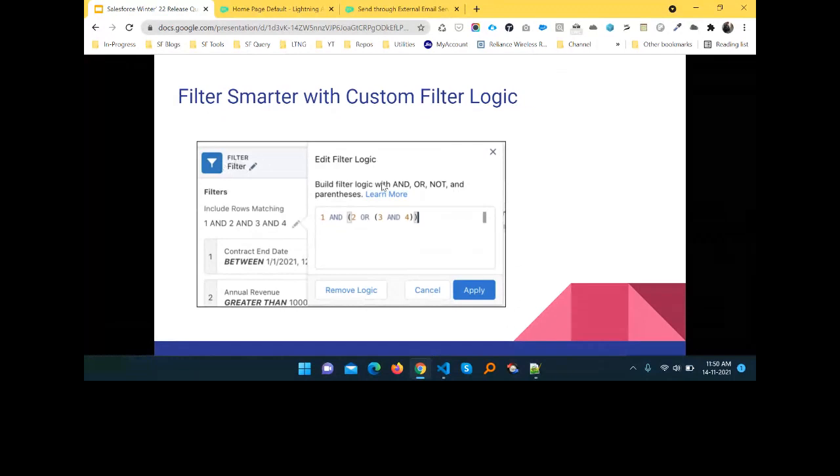You can customize this logic as well, like keep 1 the same and change your logic to 2 or something like that. Under Winter '22 you can change your filter logic. Previously you could not change this logic once you had created it, but now you can change this custom filter logic.